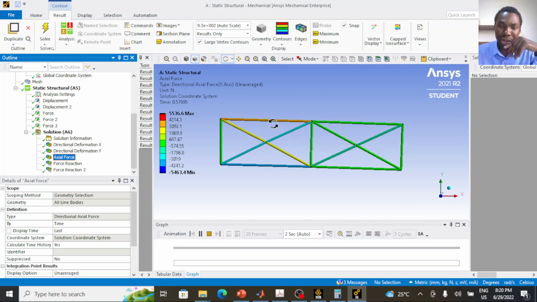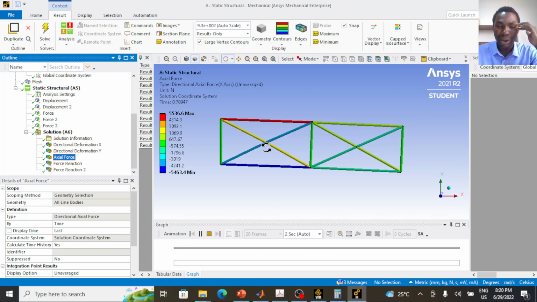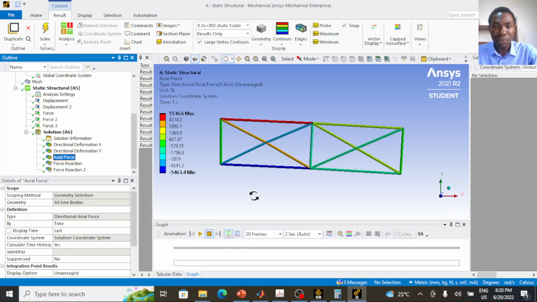The members that are turning red and blue denote our critical members, which we need to pay attention to when we are doing the structural design. So it shows that we need to pay attention to, let me end it, this top element here, the red element, this one, even